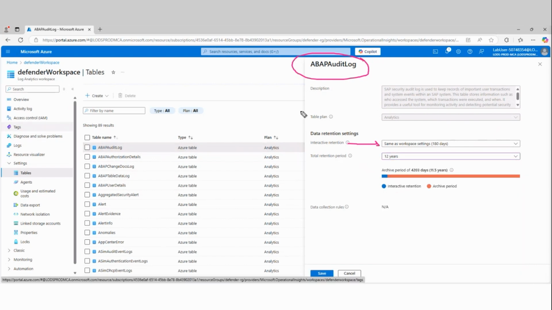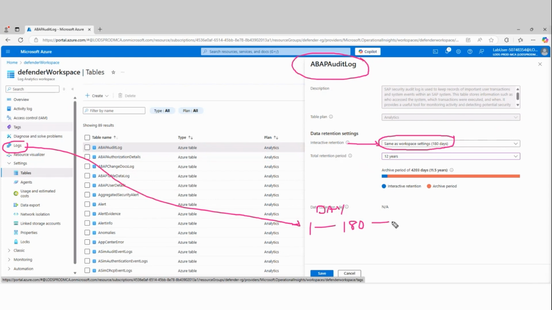So what will happen in this scenario is for the first 180 days, I'm going to draw this out, from day 1 to 180, I can look that data up in here. That's your interactive logs. Think of it as live logs, just to make it easy. Now, on day 181, day 1's data is now sent to archive. So day 1's data will be archived.